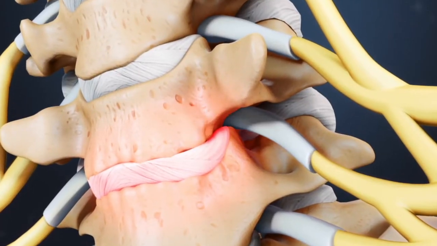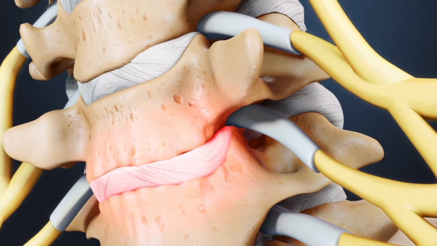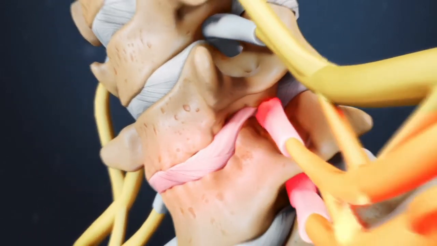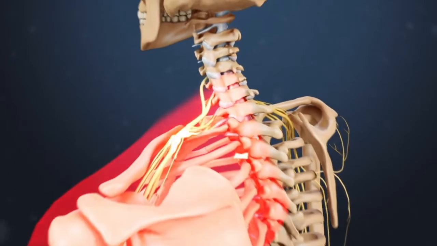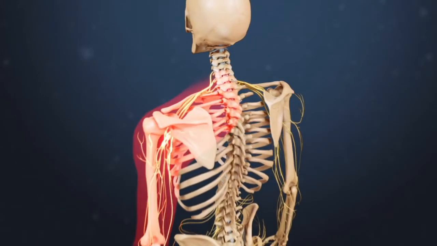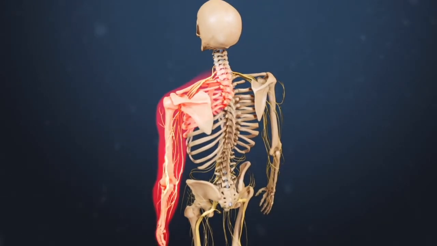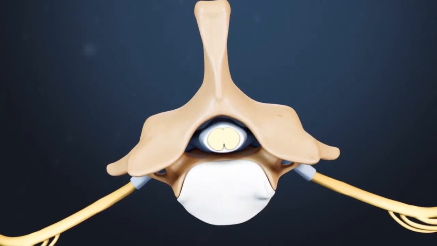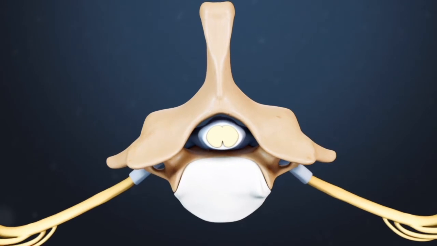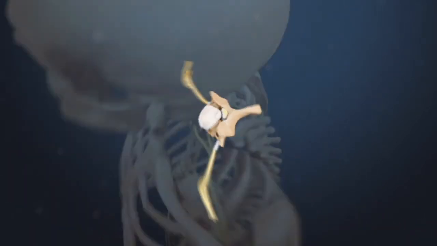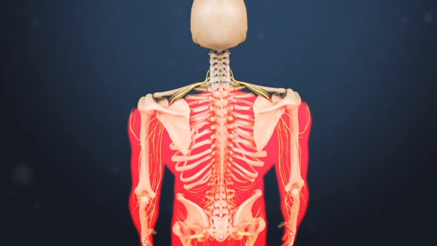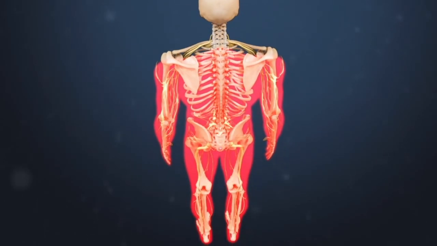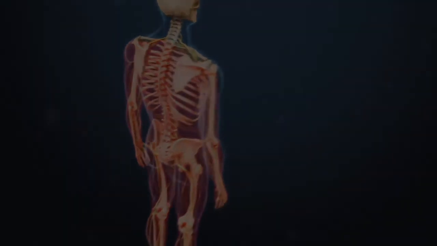These degenerative changes to discs and facet joints in the cervical spine can cause a nerve root to become compressed, which can result in cervical radiculopathy symptoms of pain, tingling, numbness, and/or weakness to radiate down the arm. Similarly, degenerative changes to discs and facet joints can also cause the spinal cord to become compressed, resulting in cervical myelopathy symptoms of severe shooting pains, weakness, and/or reduced coordination anywhere beneath the level of spinal cord compression.